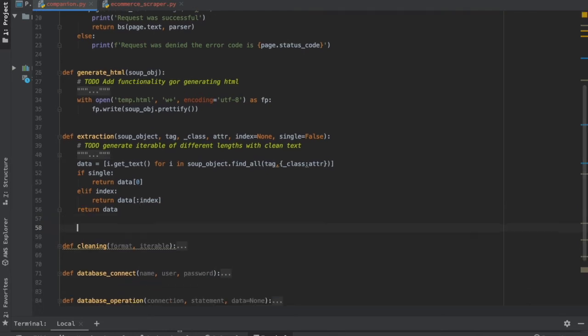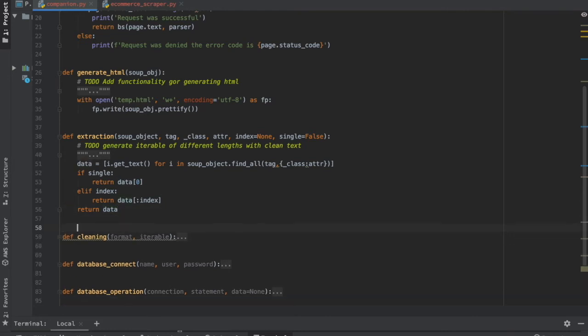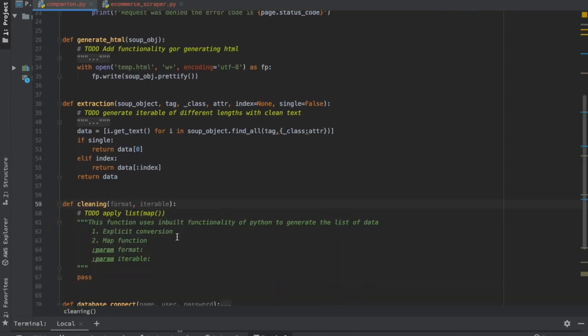This is my cleaning function. In this, I'm not doing anything. In this, I'm using format and iterable, so that's pretty much the map function. I'm going to return the map value.